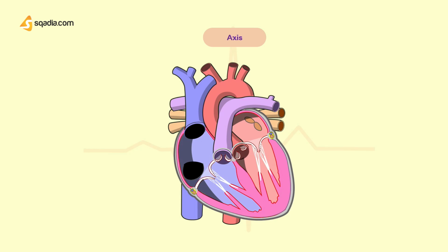Now, there is something which is known as the axis of the QRS complex, which is also commented on while reading an ECG. So in order to understand the QRS axis, we have to revisit the heart and the way the electrical forces move. Now, in a normal QRS complex, we see the movement downwards and towards the left side. This is known as a normal QRS vector, which is normally said to be between positive 90 and negative 30